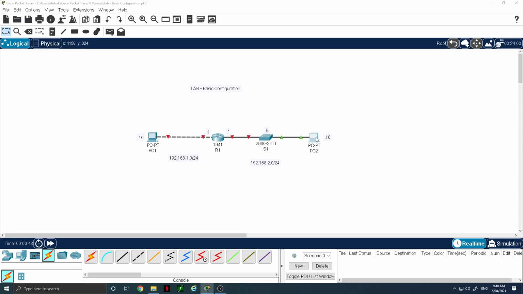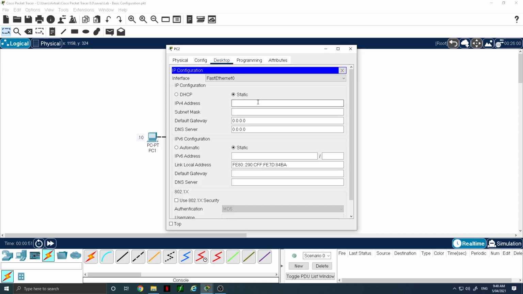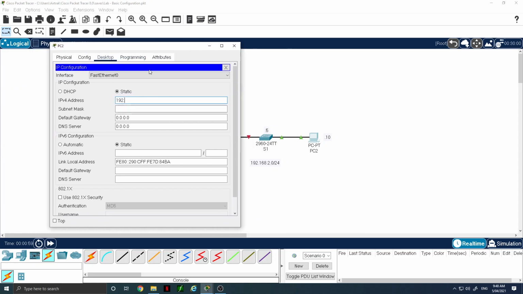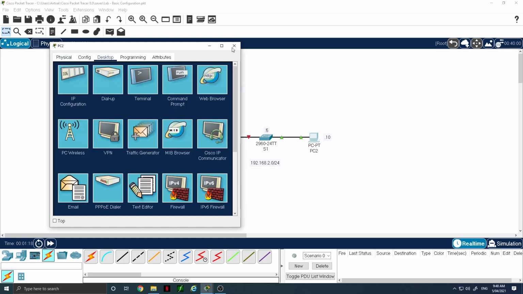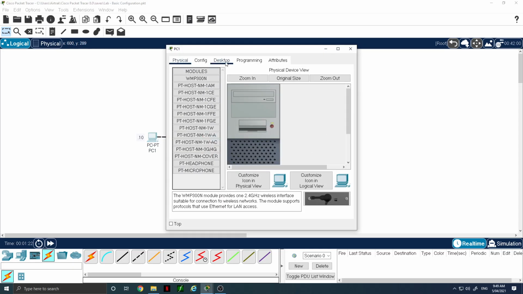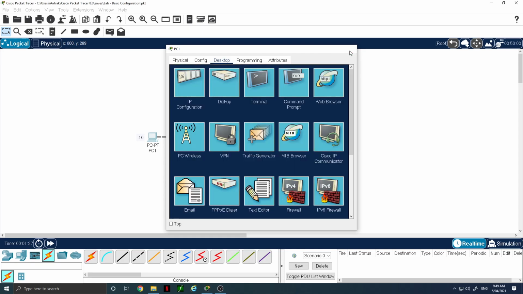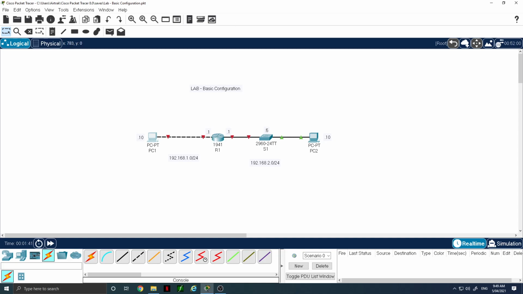So we'll start off with doing the IP configs on our PCs. So this is the 192.168.2 side. So it's .10. Default mask. Gateway is going to be .1. And we won't worry about domain name at this stage. Rinse and repeat for PC 1. And alright,